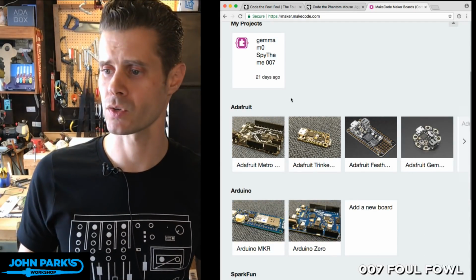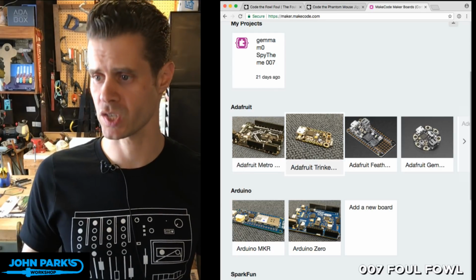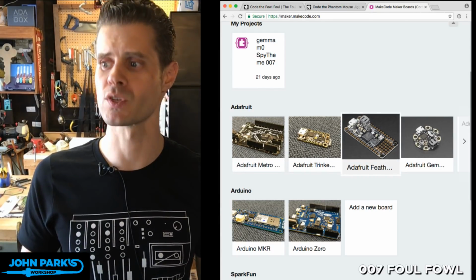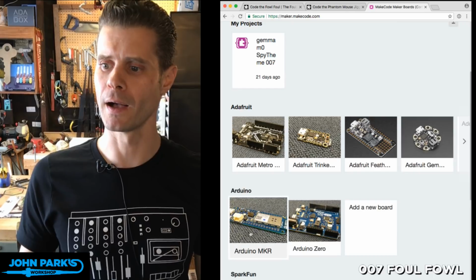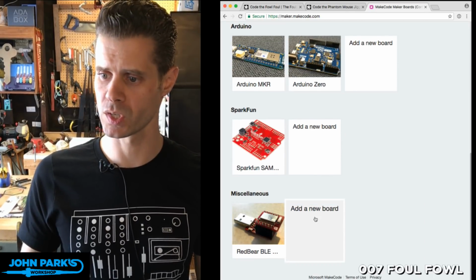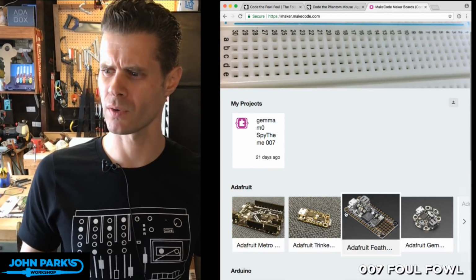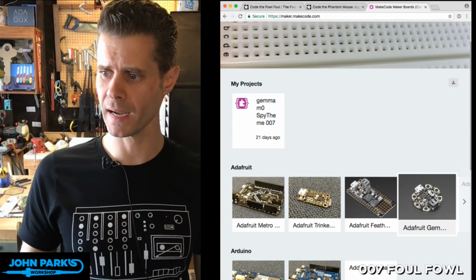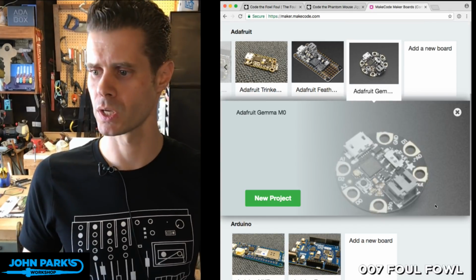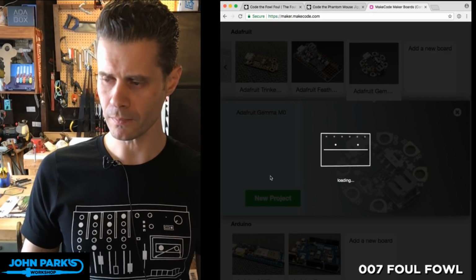can use now. So not just the Circuit Playground Express, but now a Metro M0 Express, Trinket M0 Express, Feather M0 Express, there's our Gemma, some Arduino boards, Maker and Zero, some SparkFun boards, the Red Bear BLE, and they're probably adding more as they go, and I think you have a way to add your own boards. So if I click here, let's say on an Adafruit Gemma, I can say I'm going to create a new project, and